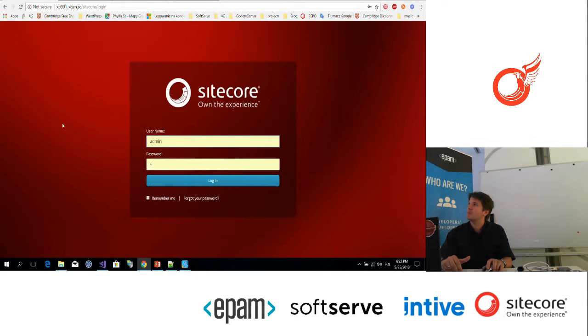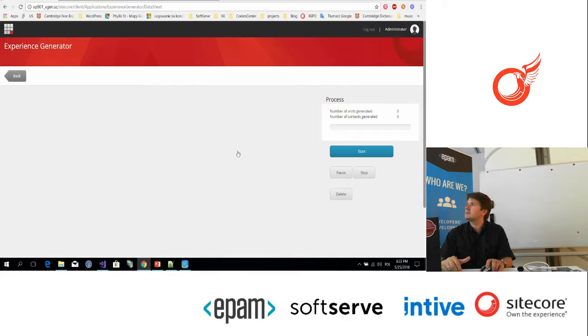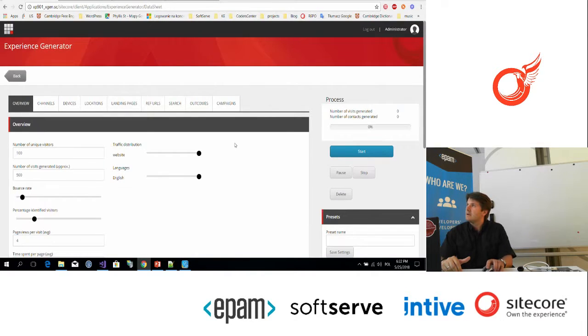When you log into your Sitecore instance, you will have a button here to start this tool, and there are a few options to generate this data.